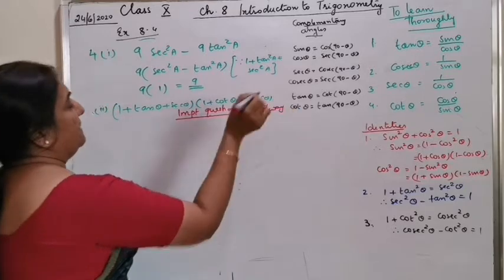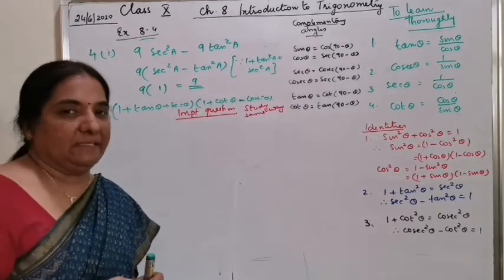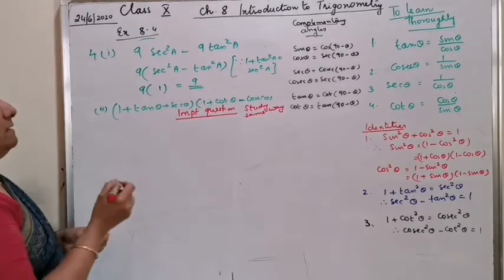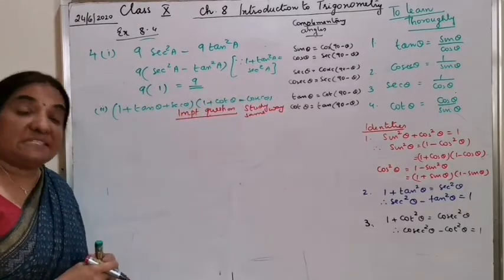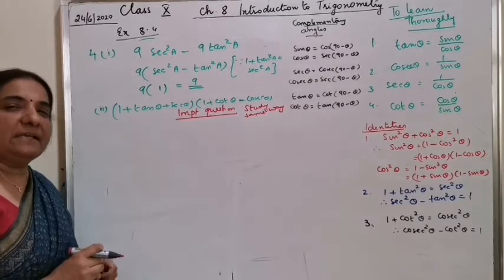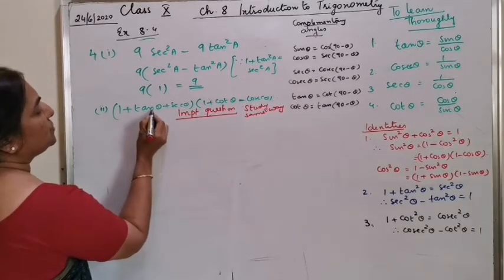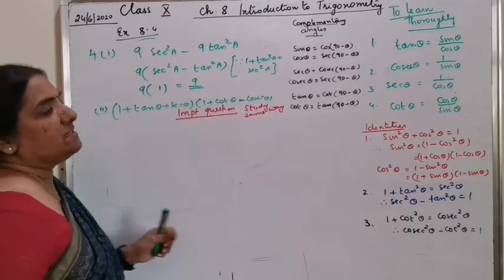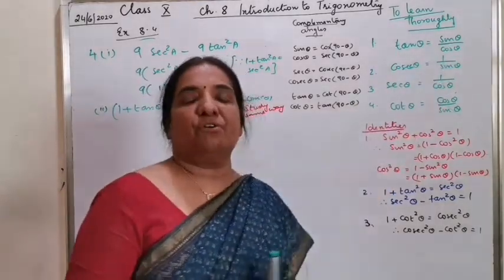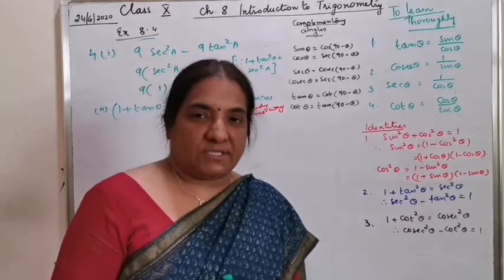That means the question will be asked the same way. Now, as I told you earlier, there is no specific method. We can just convert all those ratios of tan theta, sec theta, cot theta and cosec theta into the ratios of sin theta and cos theta.